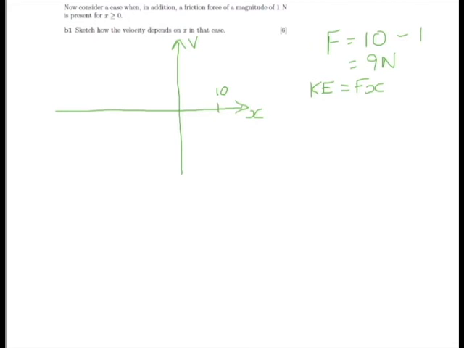And the force here is 9, the distance is 10, so the kinetic energy is 90 joules. Now using half mv squared again, I'm not going to go through all the steps to this. We get v is equal to the square root of 2 times the kinetic energy divided by the mass, which will give us the square root of 180. So at this point here, the velocity is root 180,